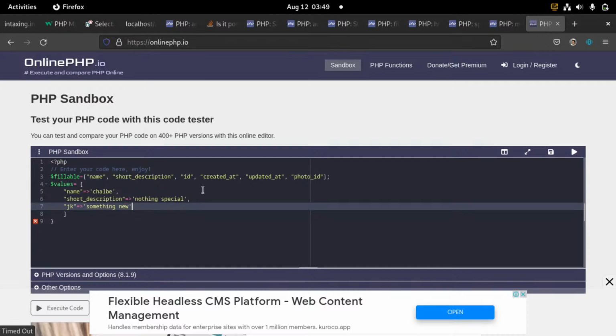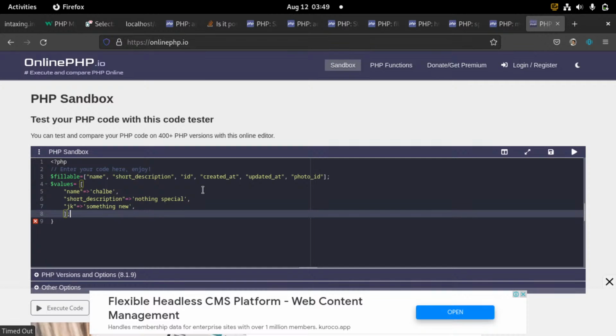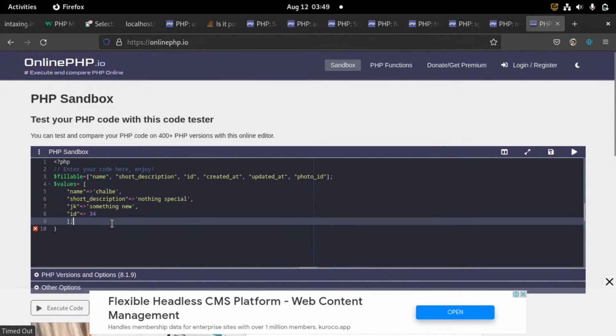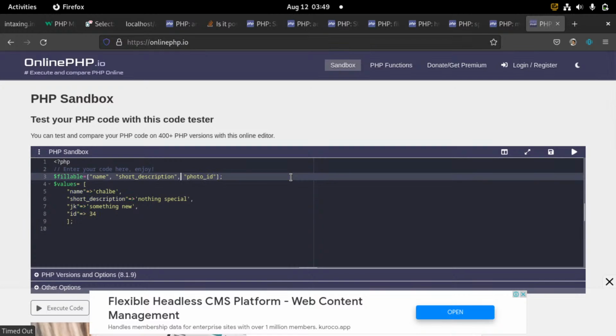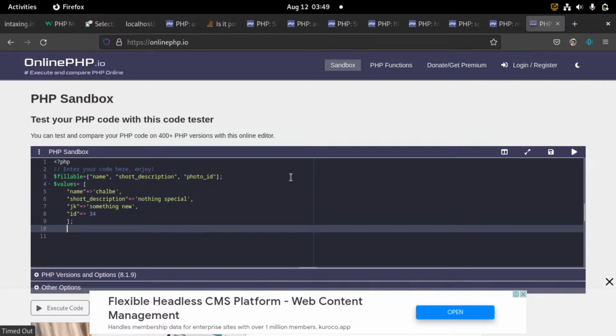And I have an id, and id is also available. id 34. Oh, why is that? And just remove this. So if we do array_intersect_key,